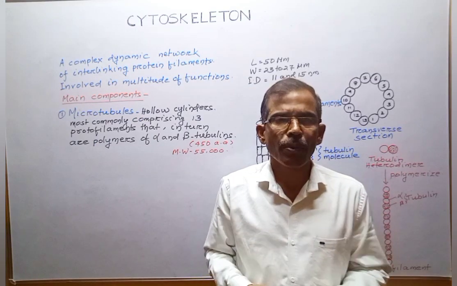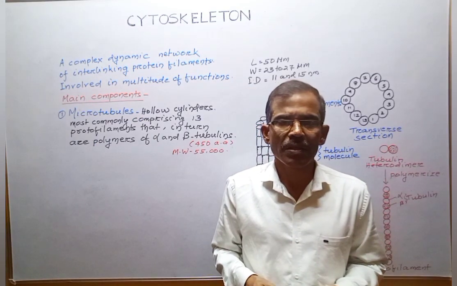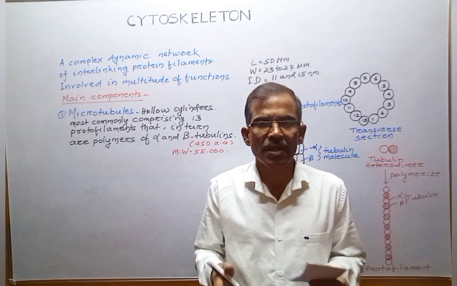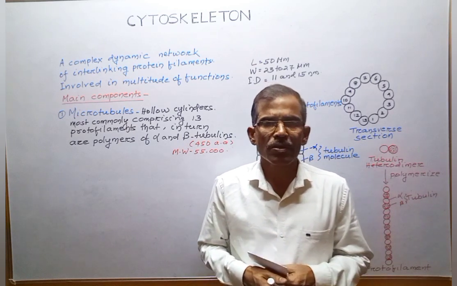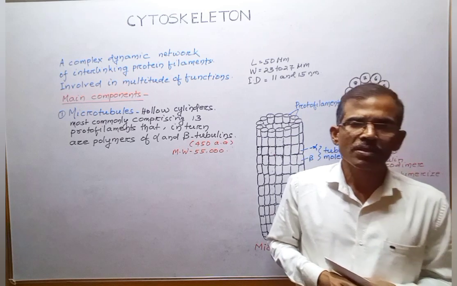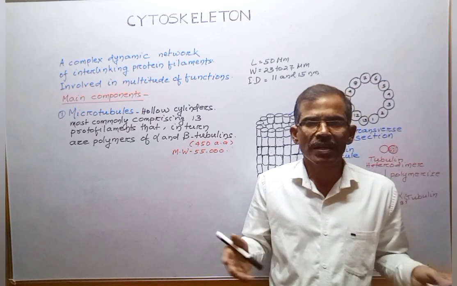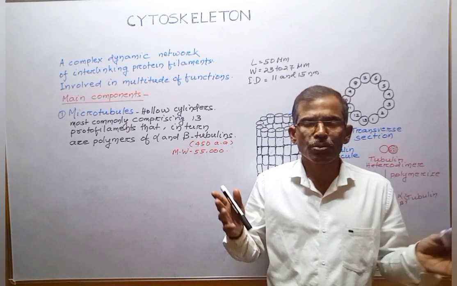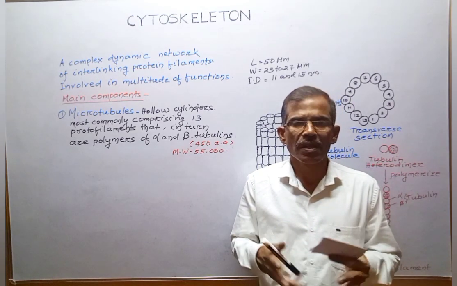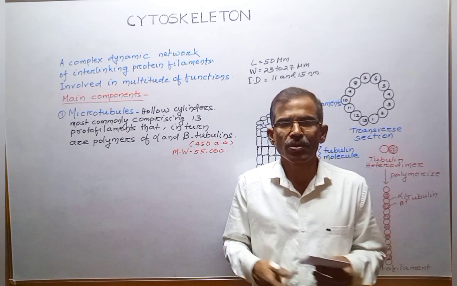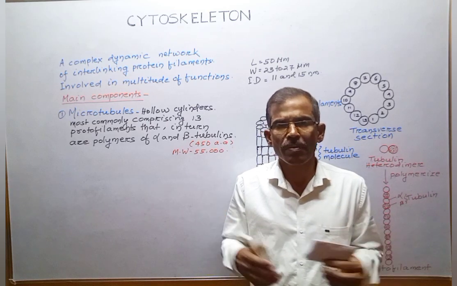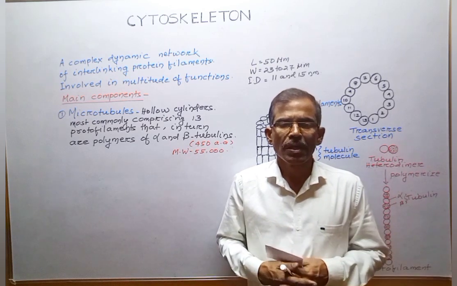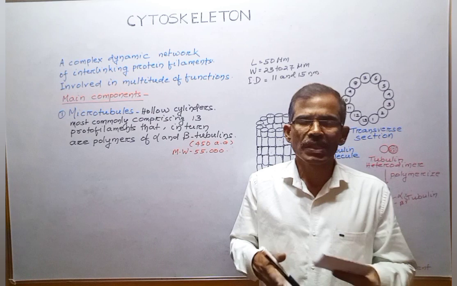One of the main components of the eukaryotic cytoskeleton is microtubules. With rare exceptions such as the human erythrocytes, microtubules are found in the cytoplasm of all eukaryotic cells, either free in the cytoplasm or forming part of specialized structures such as cilia, flagella and centrioles. Unlike intermediate filaments, which consist of a variety of different fibrous proteins, microtubules are composed of a single type of